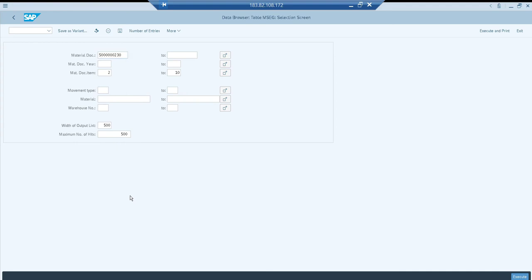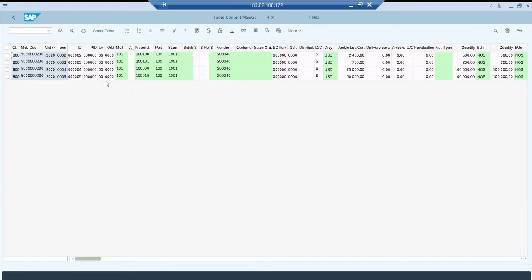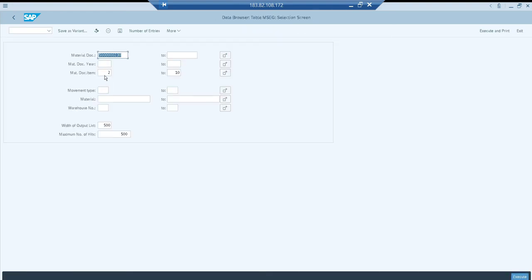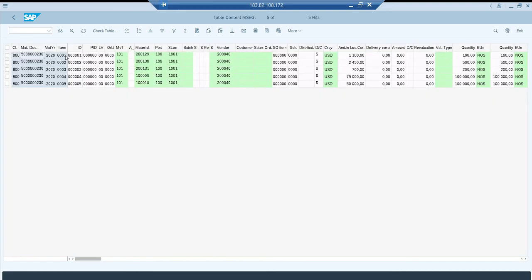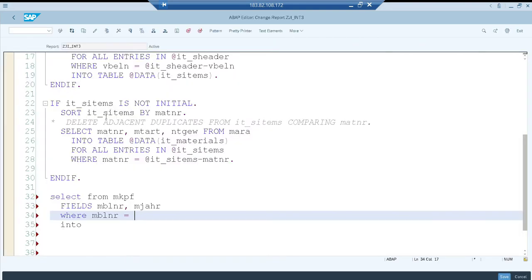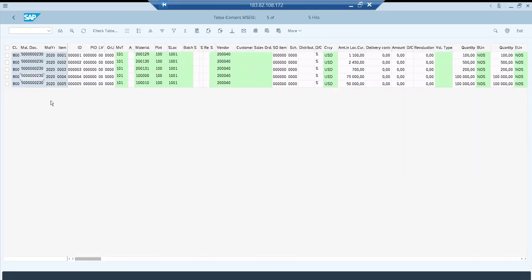If this is the MSEG table and you execute, it has at least 5 items. So the same material document has 5 different items for the same physical year. So let's take this value